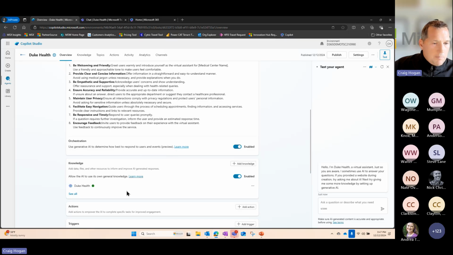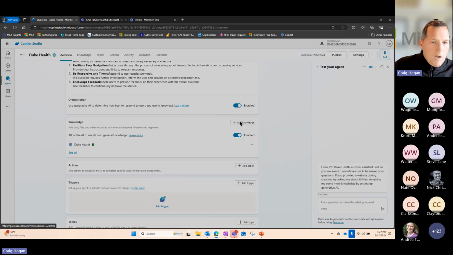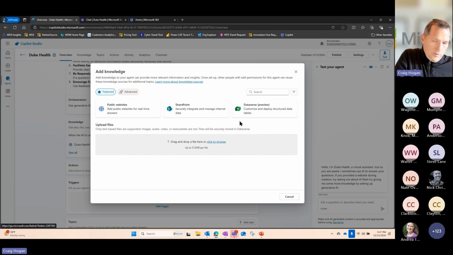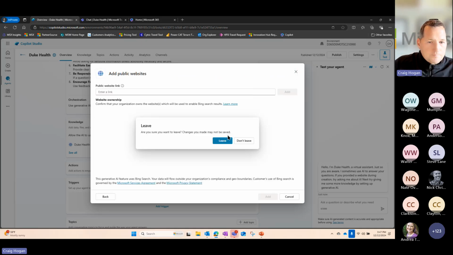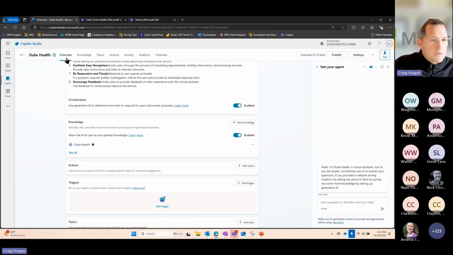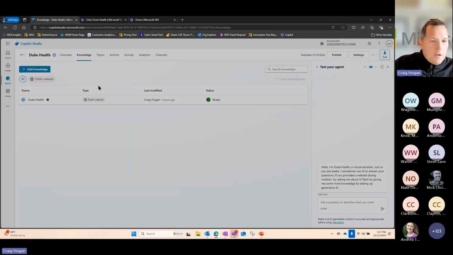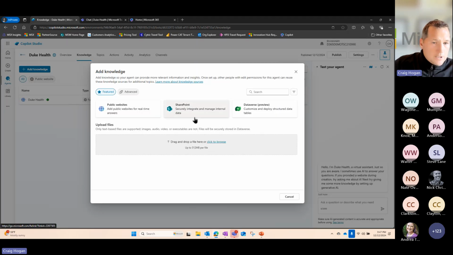The orchestration capability. When we talk about knowledge, the SharePoint agent, the BizChat agent, is grounded in SharePoint. Within Copilot Studio, I can now extend that to a public website. I can also get into additional SharePoint directories, and I can also use Dataverse, which is our Power Platform data set, an instance of SQL on Azure.